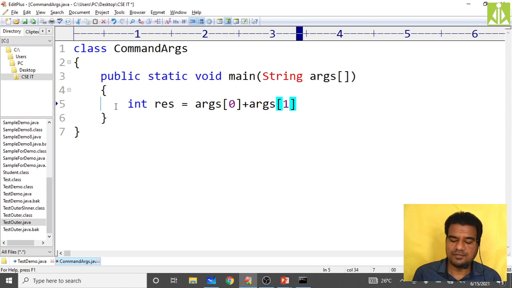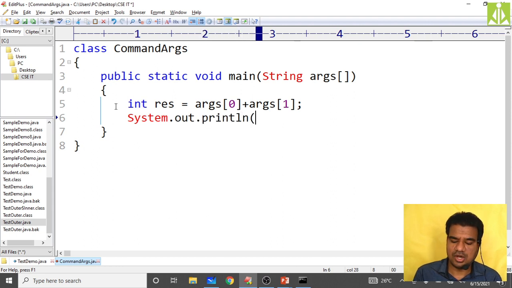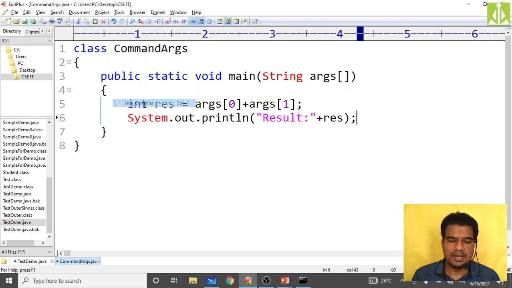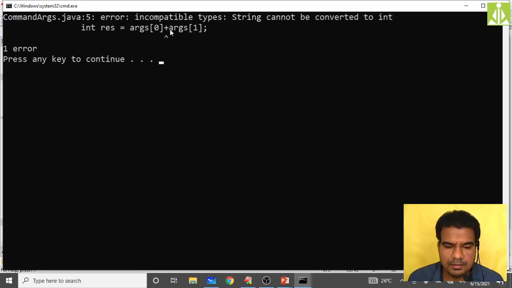Now System.out.println of result colon plus res. That's it. Save this. Now here you compile.